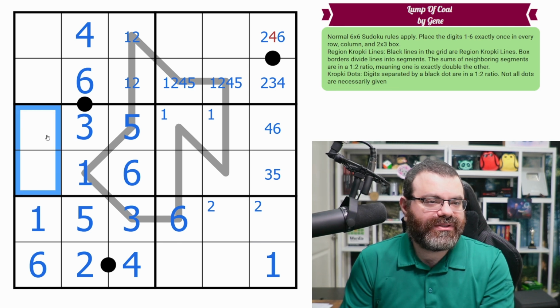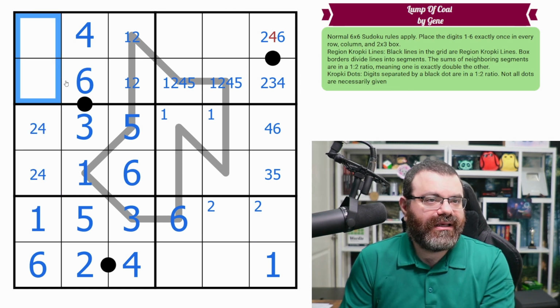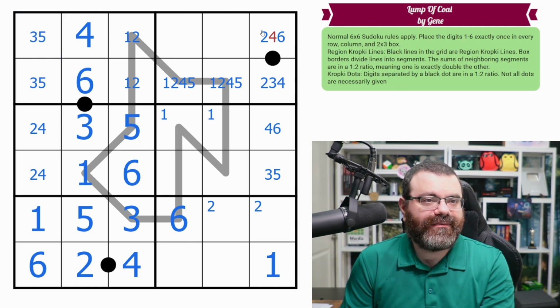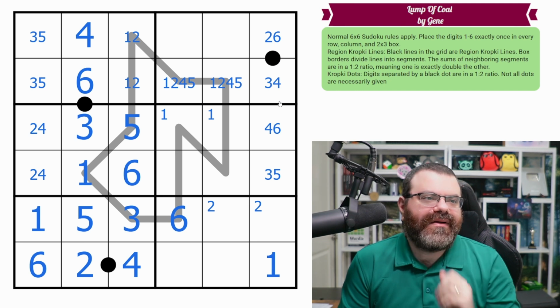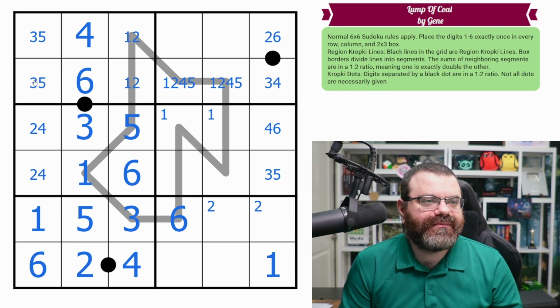All right, this pair is 2, 4, not resolved. This pair is 3, 5. All right, this can't be 4, meaning this can't be 2. All right, we're close. Ooh. Do we know what this digit is? It could be a 2, or...